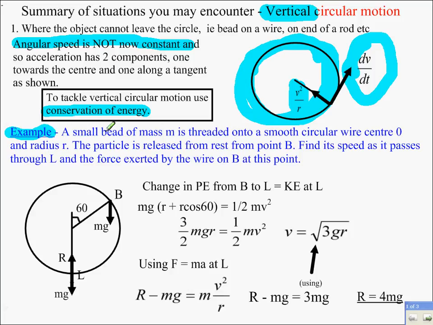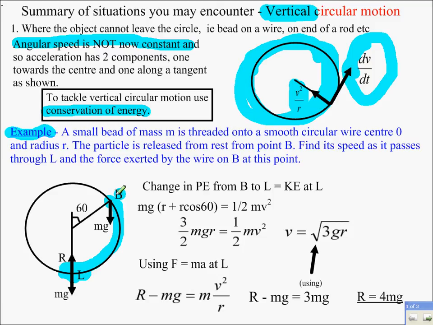Okay. Small bead threaded onto a smooth circular wire, so the bead cannot leave the circle. That's a very important point we'll be going over again in a minute. So bead, smooth wire, can't leave the circle, released from rest up here. Find its speed as it reaches this point L here, and the force exerted by the wire on B at that point. So, well, at point B,